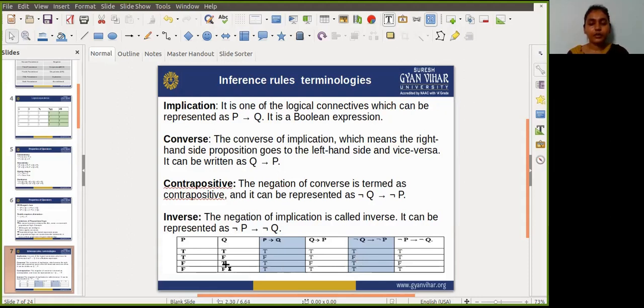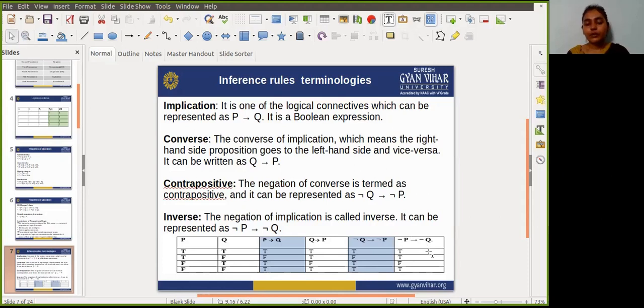Now again, for the third case, q is true, so definitely the negation of q is false. So the if condition is false, and we are not checking the second condition. So same as before, we put true here. Now in the fourth row, the q value is false and the p value is also false. So the negation of q is true and the negation of p is also true. If both are true, then obviously the result is true. Okay.